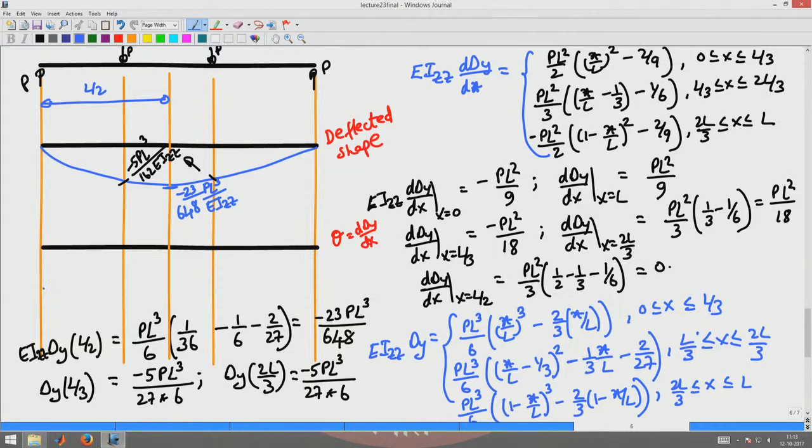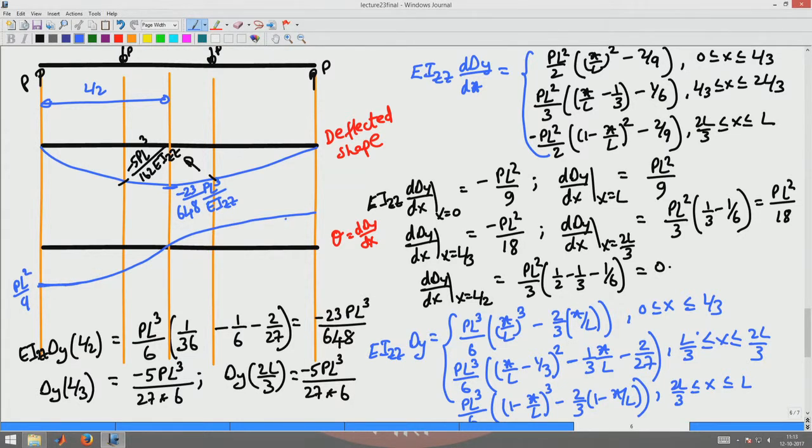So, the variation is something like a parabolic curve, okay. So, it does that, wherein here it is PL square by 9,